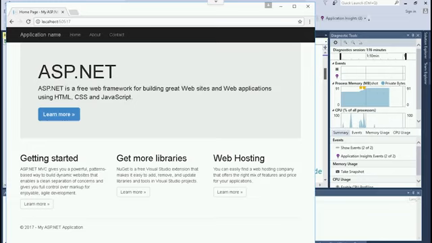I paused the video just there, just while we waited for the application to start. You can see this is the home page for our ASP.NET MVC application.